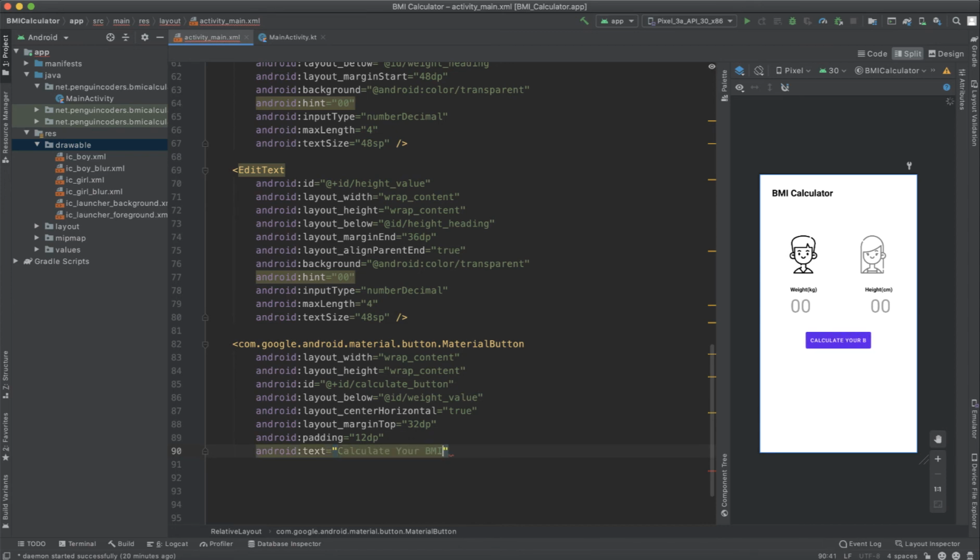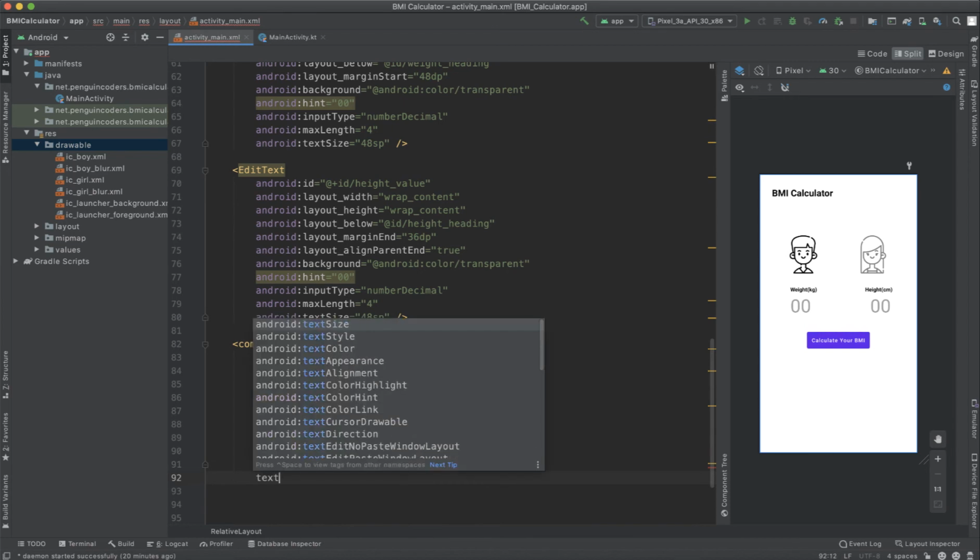And then we will set text all caps to false so that it appears in mixed letters. And text style would be bold.